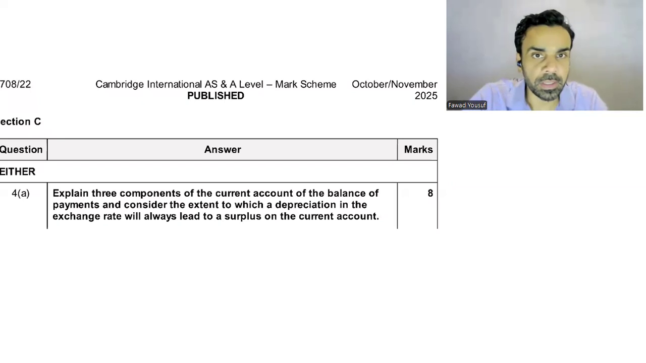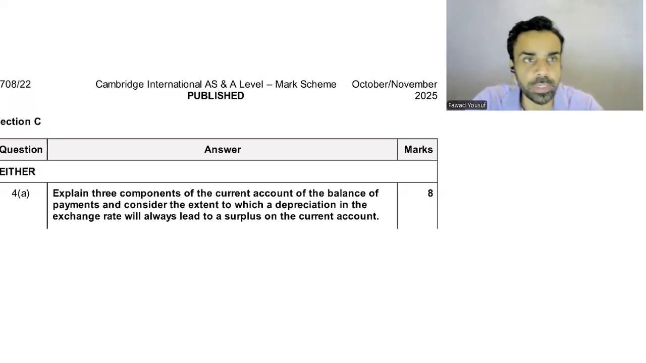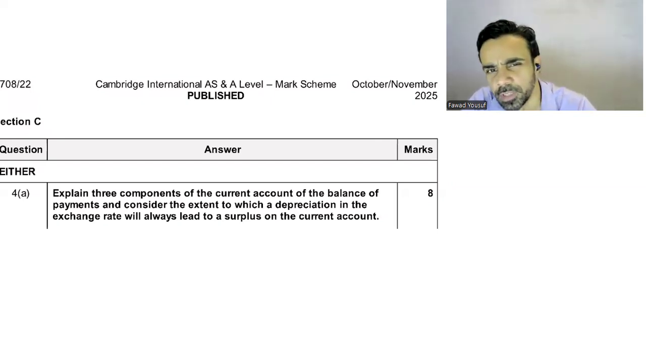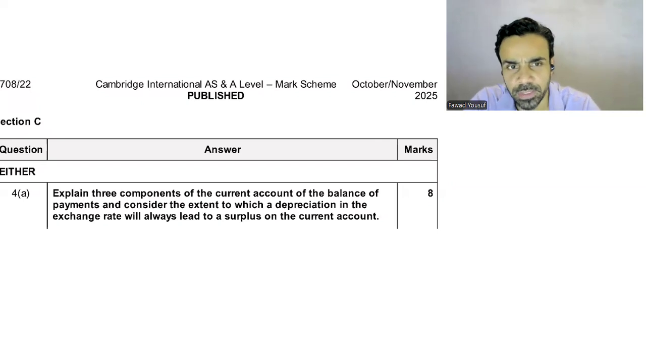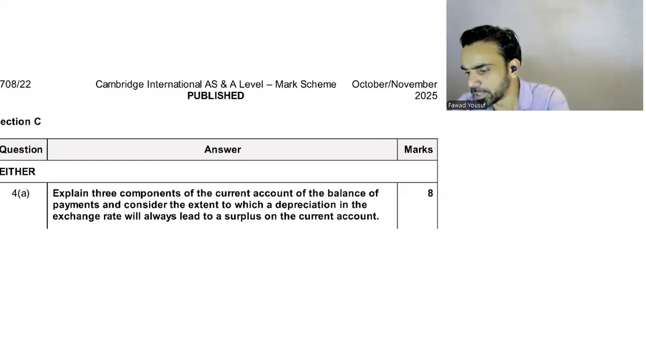So this one came in November 2025, a question on the current account. It says: explain three components of the current account of the balance of payments and consider the extent to which a depreciation in the exchange rate will always lead to a surplus on the current account. So it's a simple question. First part is they want us to discuss